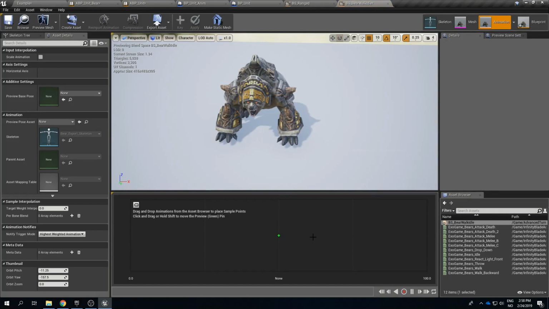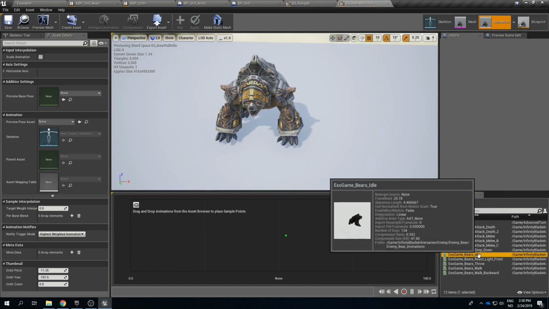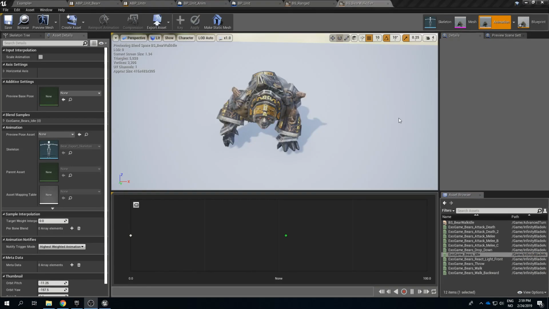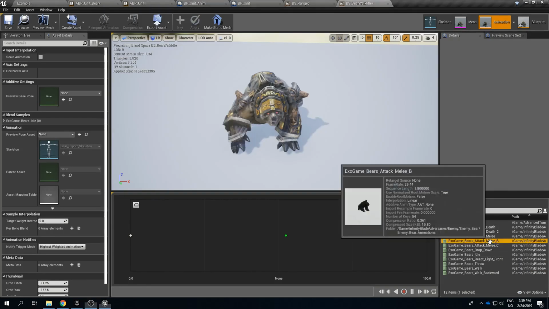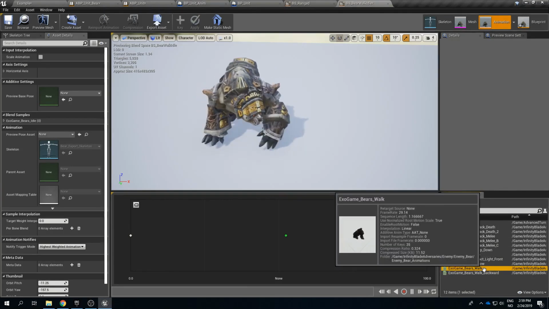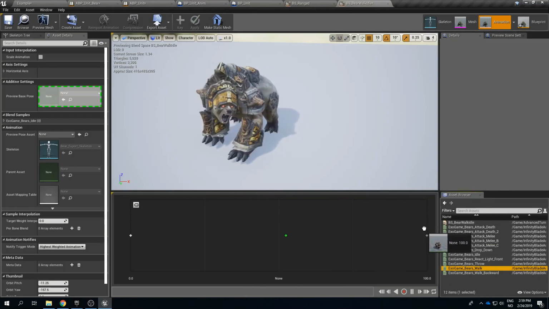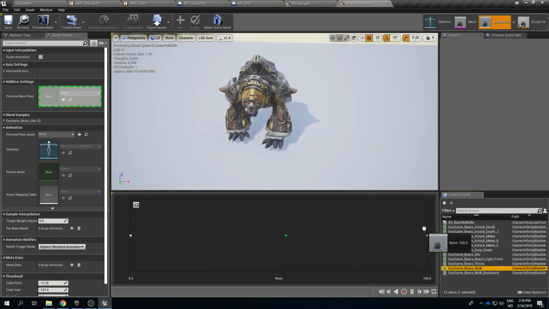Okay, so now we have a blend space. It's not doing anything because we have no animation. So into this blend space we can drag the idle animation. We want it to be idle when it's at 0, and we want it to be walking. Ideally running, but we have no running animation, but walking when we are at, well before we